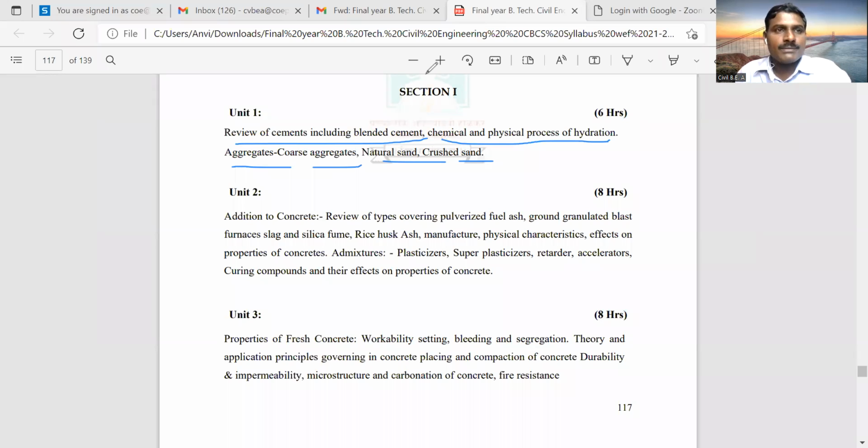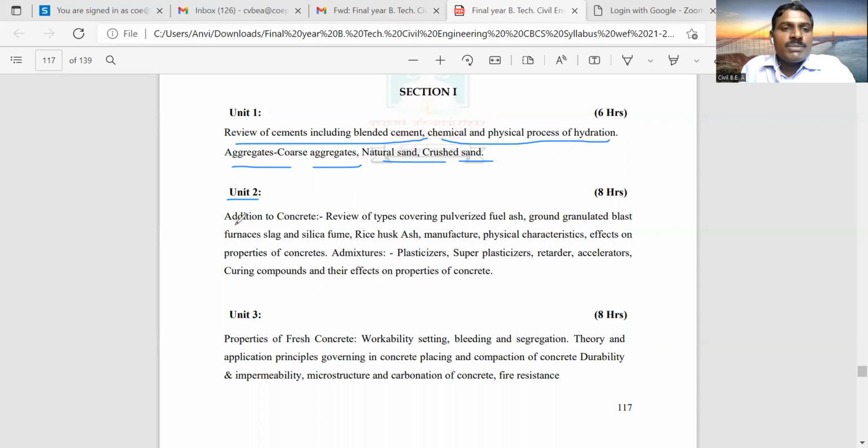Okay. So then this is the unit number 1. So now if we go for unit number 2,